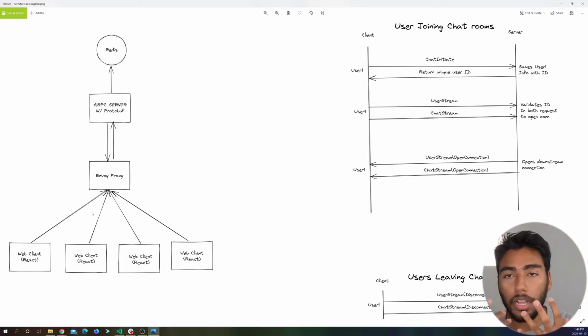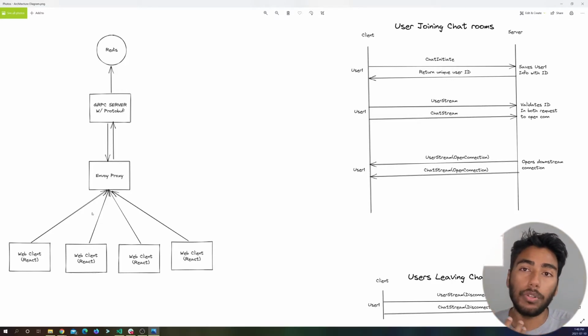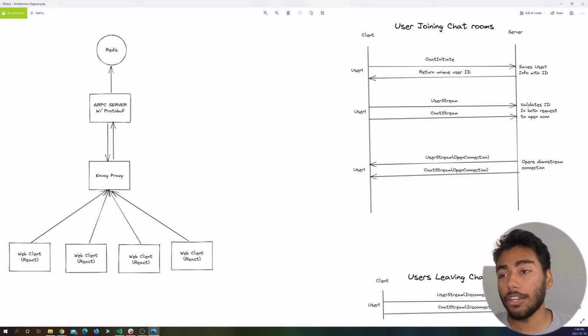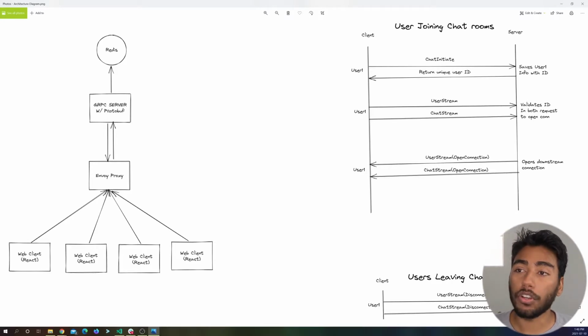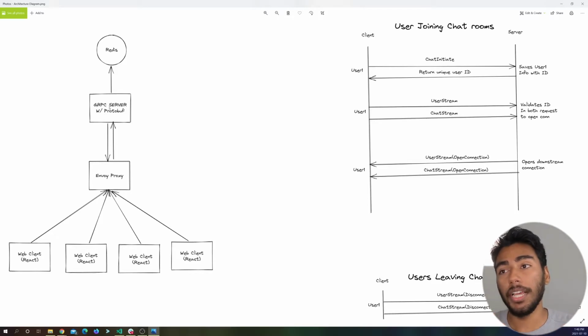Now, it's not currently easy to talk to a gRPC server directly from your browser. There are things you have to do. Because of that, there's an Envoy proxy in between, relaying messages back and forth between the gRPC server and the React client. So our React client is talking to our Envoy server, and the Envoy server is going to be talking to our gRPC protobuf, and then it's going to be storing whatever messages and user information to our